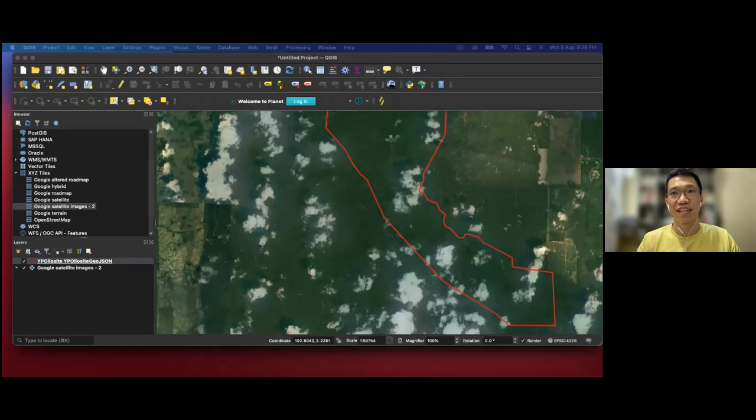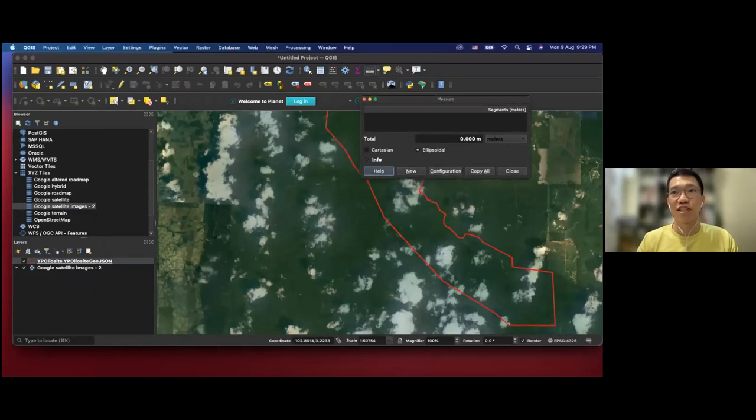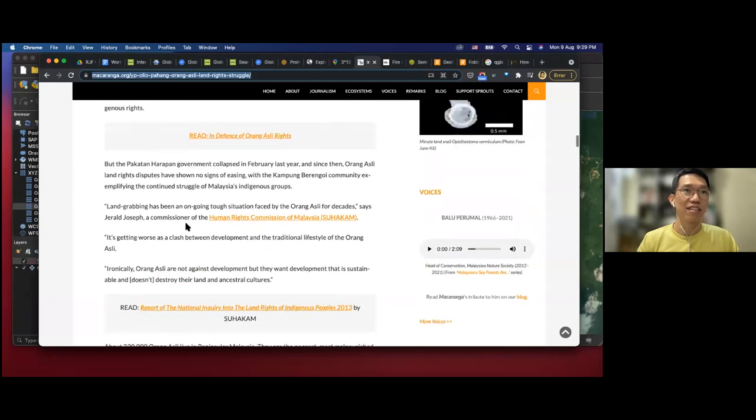He could walk all the way probably around here. And that distance is actually, you can see, 15 kilometers. So that's why in the story, he mentioned that